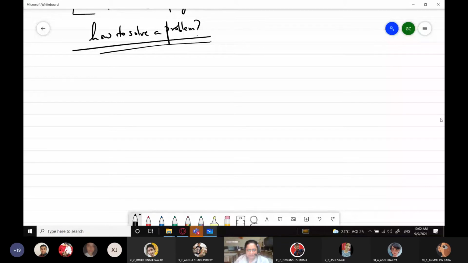So do that, and what you need to do is just sit with a copy, sit with a pen and paper, and try to solve the problem on pen and paper. How would you solve this problem? Then you try to think in terms of a computer, how a computer would solve this problem, or in what way I'll give instructions to the computer so that it will solve the problem, right? So for that you have to do a lot of hit and trial.